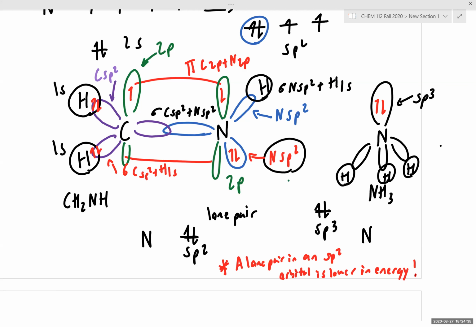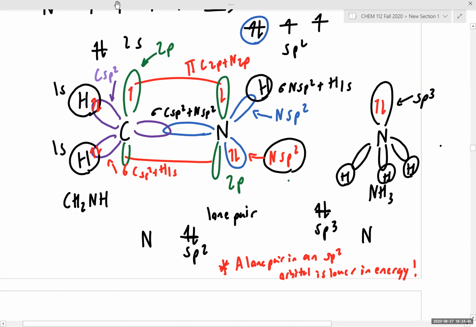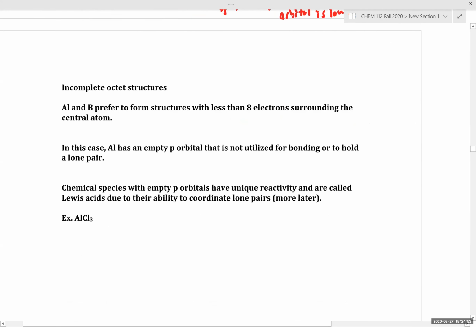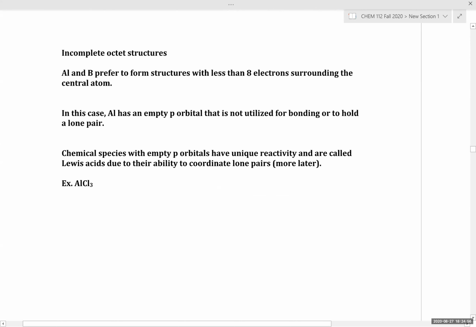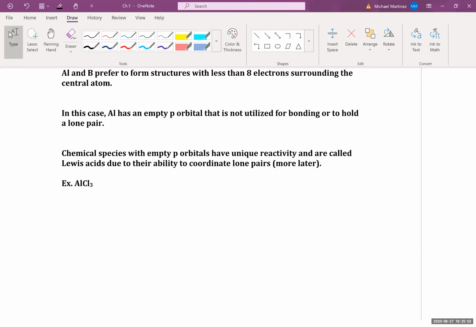So hybridization directly impacts orbital energy, which in turn directly impacts lone pair energy. It's always better to know the reasoning behind certain rules rather than just memorizing the rules. That's why I show you the pictures. Okay, so now we're going to switch gears a little bit